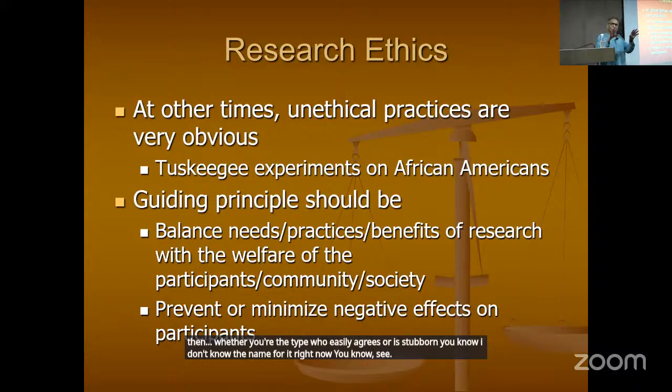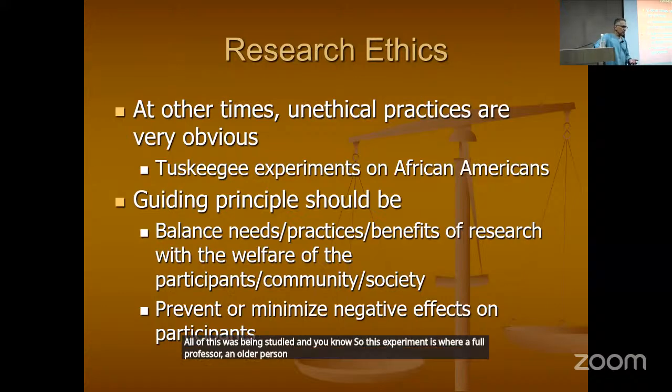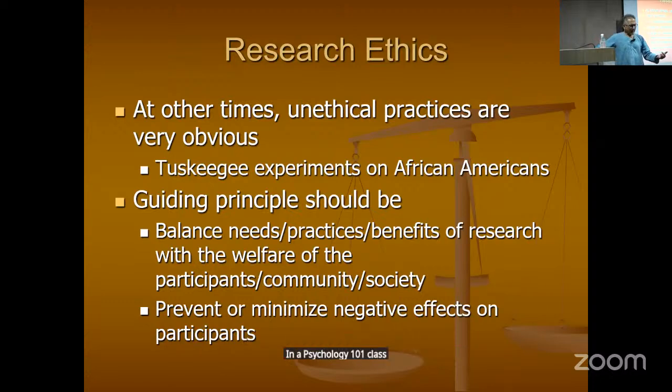All of these were being studied, and so this experiment is where a full professor, an older person, a lot of the time a male, will call out a student in a psychology 101 class and say things like,